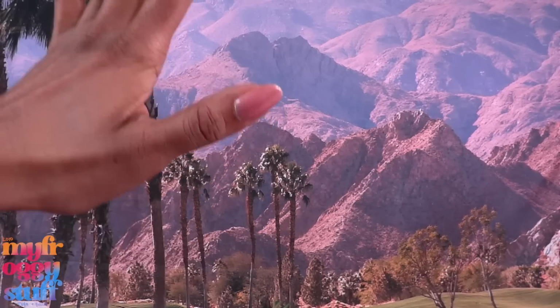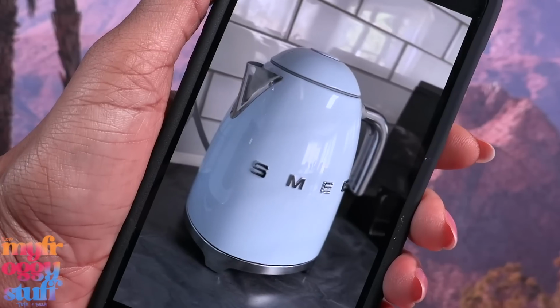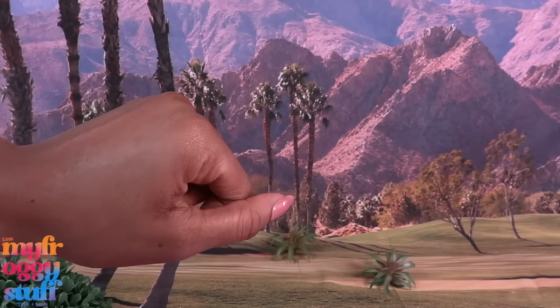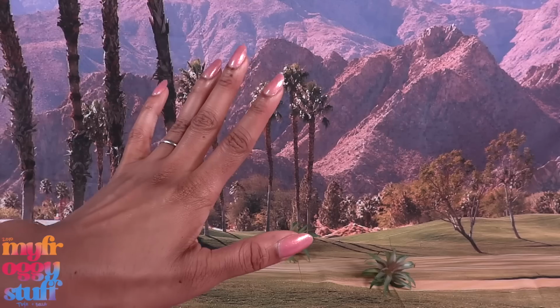Lately, my Pinterest board has been filled with colorful home decor, and I have absolutely fallen in love with the SMEG Kettle. I hope I'm saying that right. It looks like this. It seems to be in every kitchen that I see these days, so let's make one